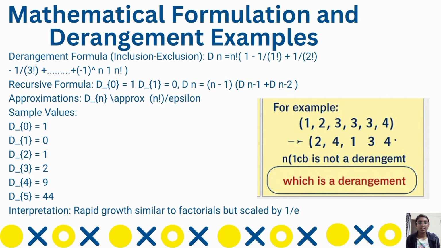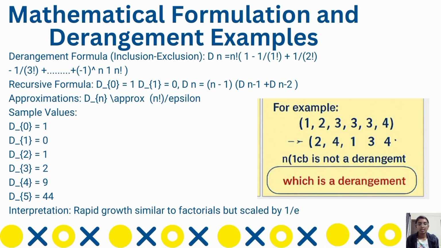Derangement formula, by inclusion-exclusion: D_n is equal to n factorial into 1 minus 1 by 1 factorial plus 1 by 2 factorial minus 1 by 3 factorial and so on, till 1 divided by n factorial. Recursive formula: D(0) is nothing but 1, D(1) is equal to 0, and D(n) is n minus 1 into D(n minus 1) plus D(n minus 2). Approximation: D(n) is approximately n